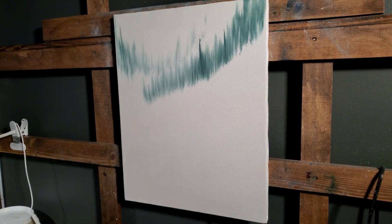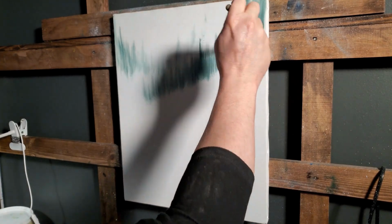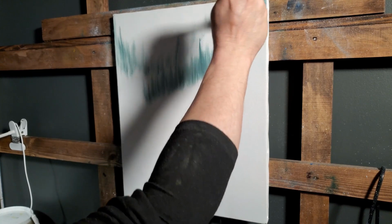Okay, let's play around with a big brush now. And let's see what we can do. Actually, I think I'll stick with a 1-inch brush. Plenty big for this size canvas. All right, so we'll just start over here. And again,